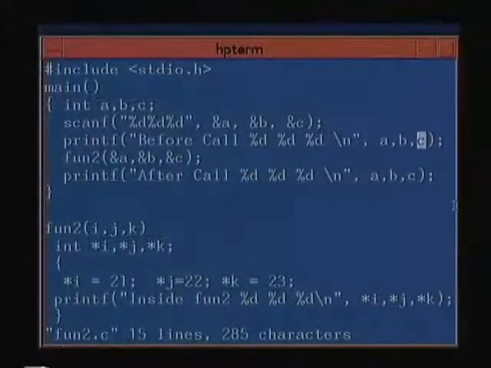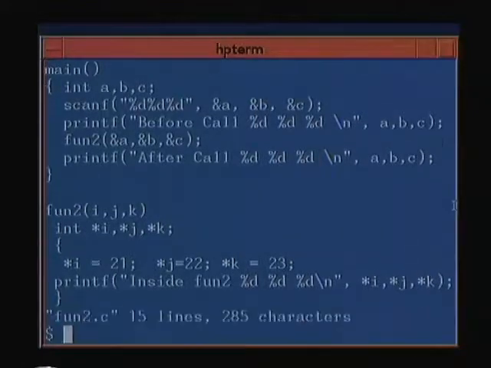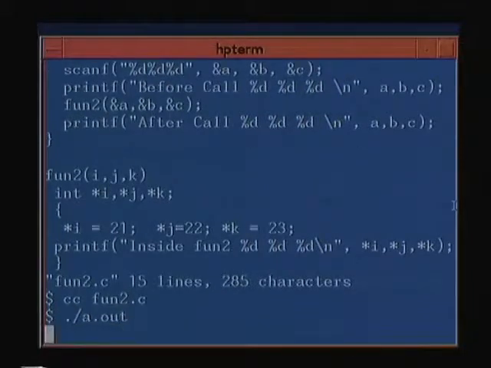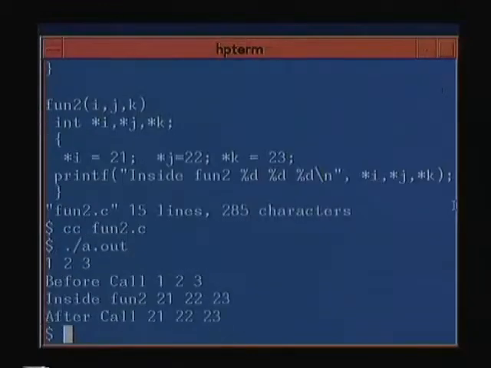What I've done is I've passed the addresses of A, B, C and changed the contents, and so now if we run it, before the call it is 1, 2, 3, and though it's called by value, I have made sure that after the call I get back the correct values.